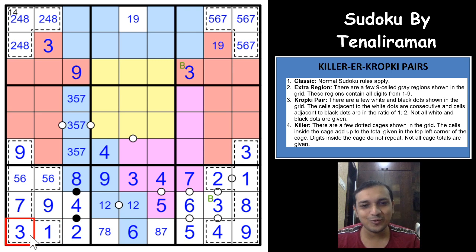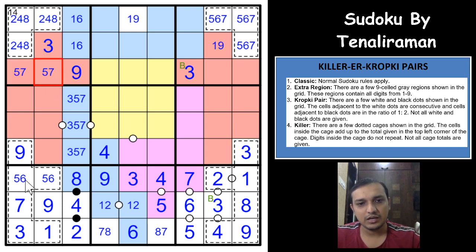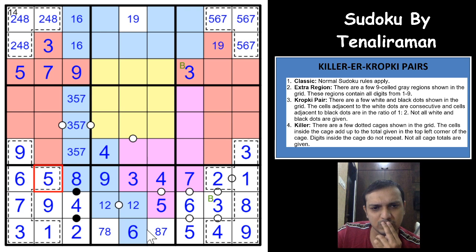See the way the Sudoku is flowing. Excellent. From bottom to top. It's an excellent construction, guys. Excellent construction. Hats off to the solver. I mean to say the constructor. And 2 digits are remaining. These 2 cells. So this would have to be 1 and 6, right? So these 2 cells would have to be again 5 and 7. And you already have a 7 here. So this cell would have to be 5. This would have to be a 7. So this 5 gives you a 6 here and a 5 here. Okay. We are done till now.